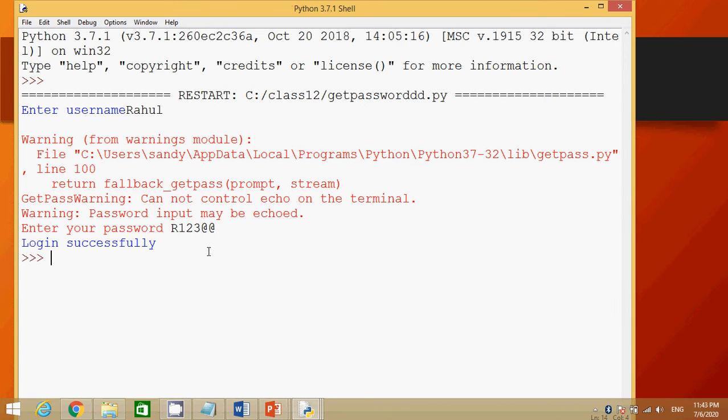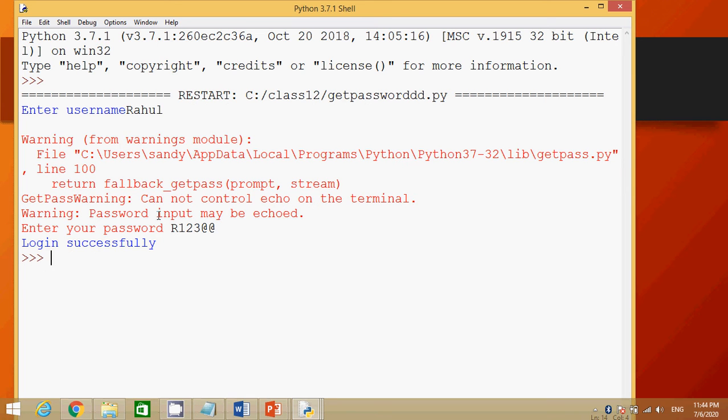Now hit enter, you can see login successfully. So what happens here is that you want to hide your password, but in Python IDLE, if you are using the getpass module and getpass function, your password may be echoed.